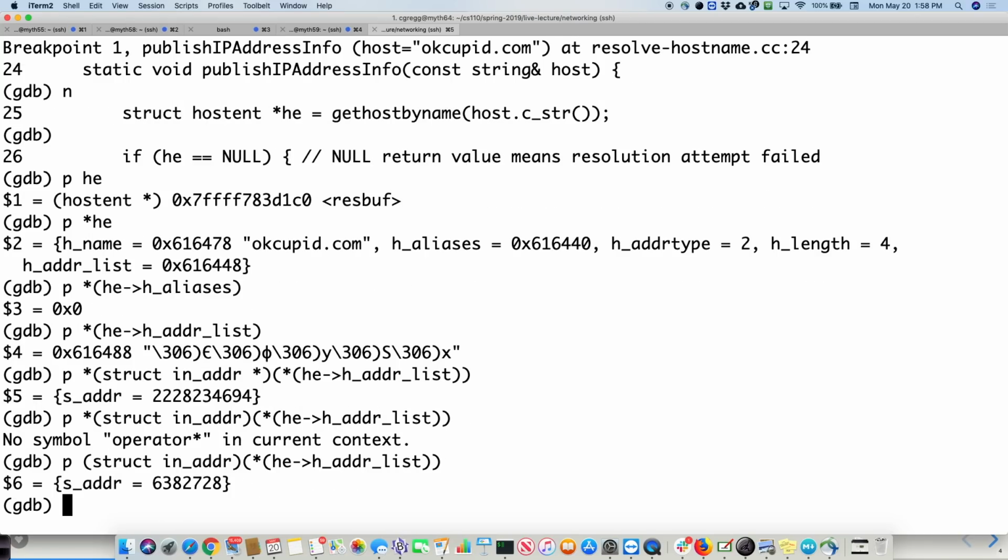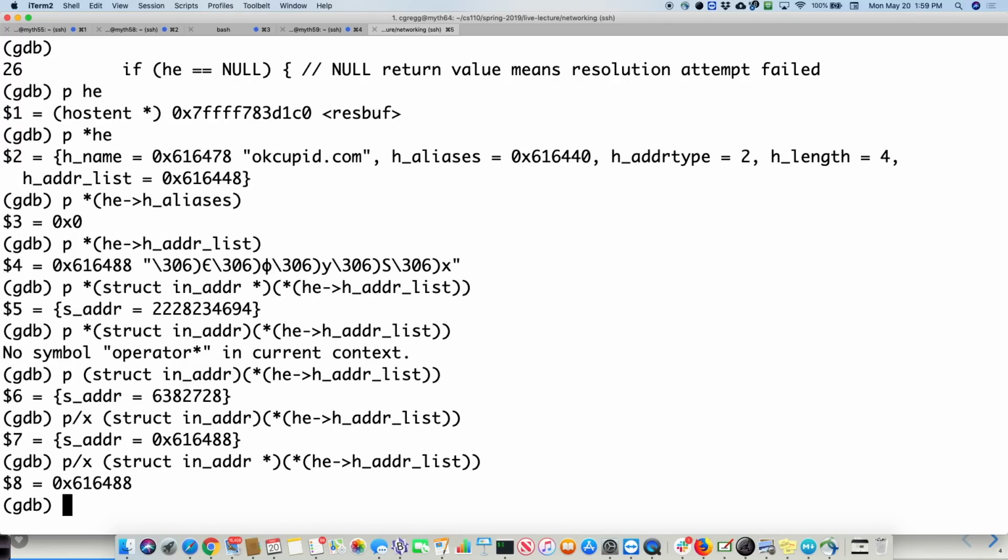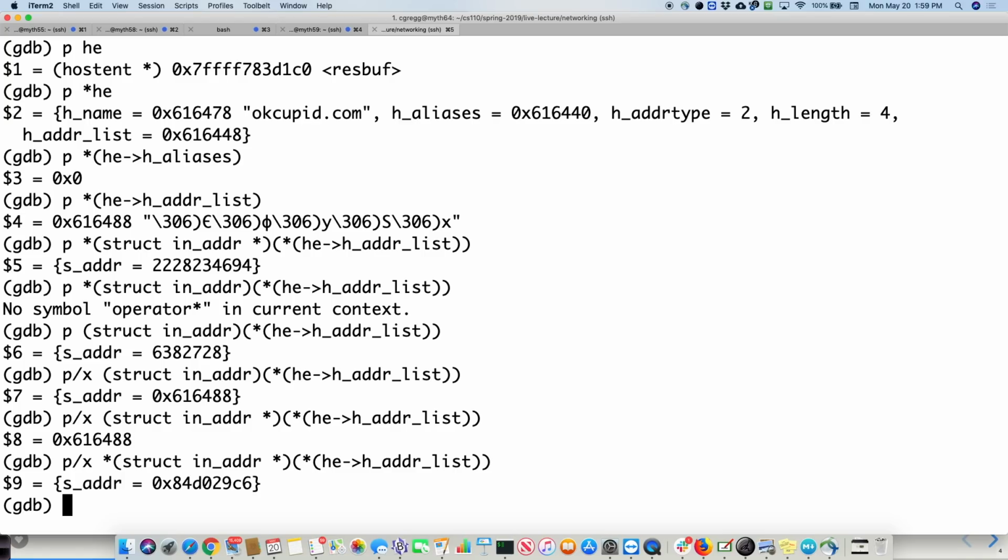I figured this out earlier. Okay, that's that. Maybe we need to do, hang on, let's see. It's going to be the same thing. Okay, so that's that one.